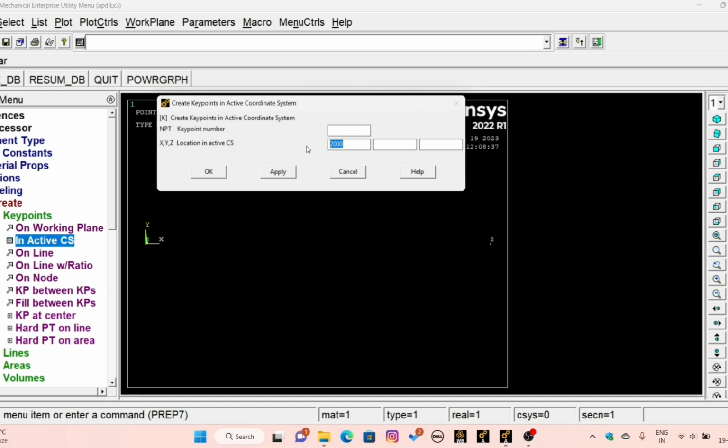Next third point is 4000, then apply. 4th point is 5000, on 5000, then apply. 5th point on 6000, apply. 6th point on 7000, apply. And our last point, 7th point on 8000 mm. Then click OK